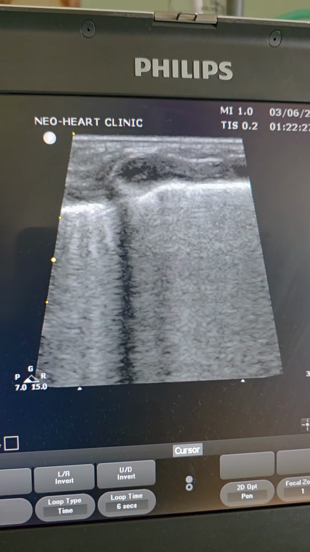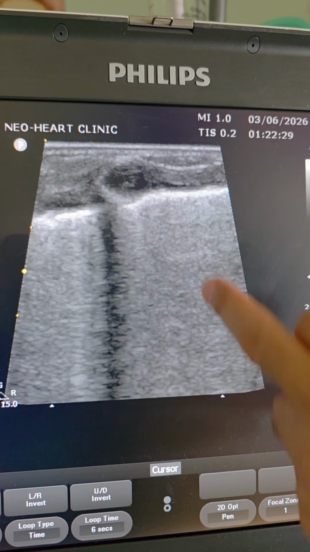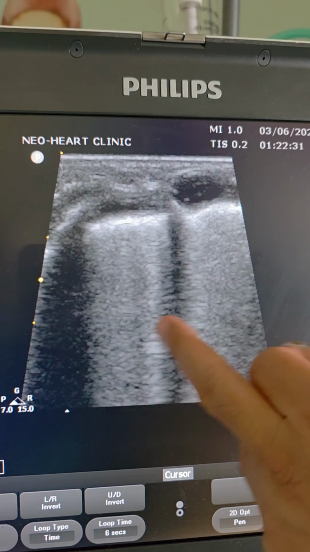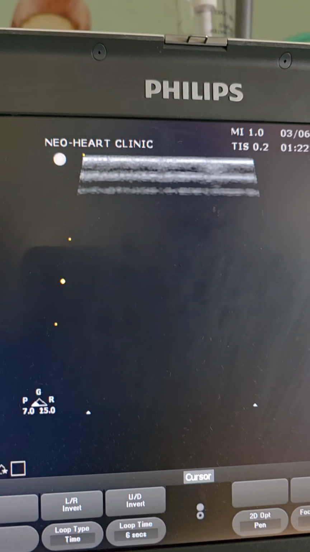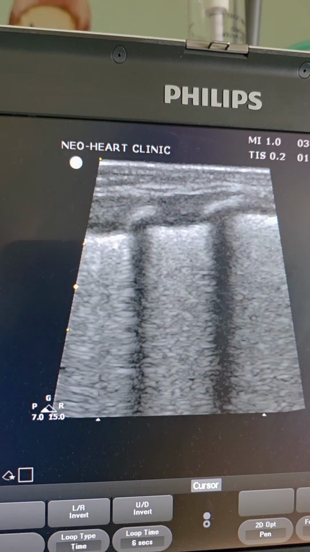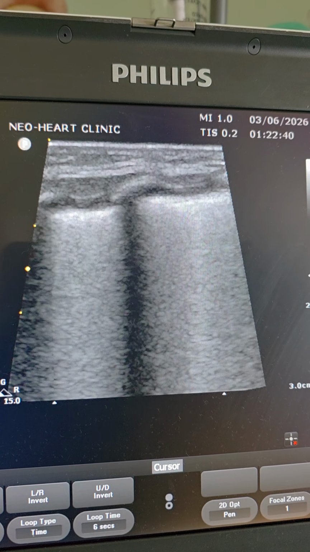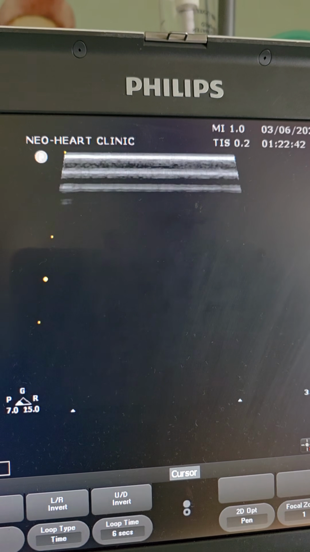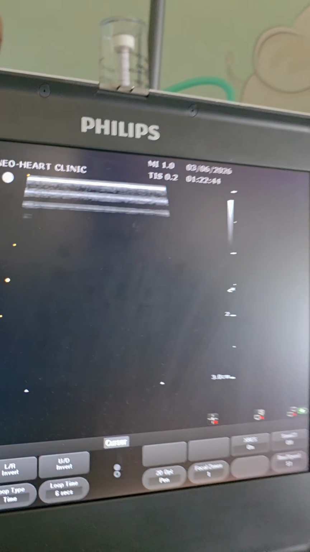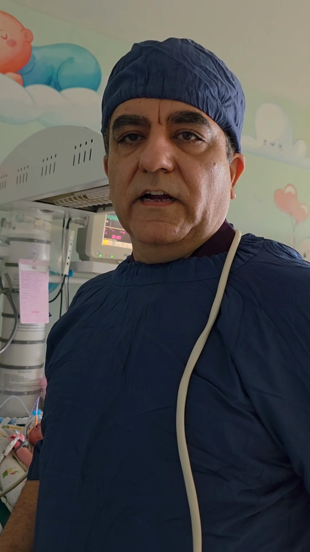This is right lower anterior. You can see confluent B lines, 3 segments AIS. And now this is right lateral. So total score is 12. So that is an indication to give LISA or Ensure in this baby. This baby is on CPAP, and we will be going ahead with the LISA for this baby.